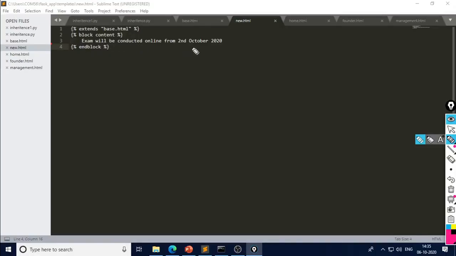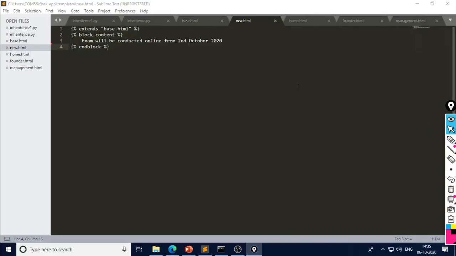Exam will be conducted online from 2nd October 2020. So this is simple text. The only thing is, first you extend base.html, then write block content, write the data, and then end this with the end block statement. So these three statements are needed in the child HTML file.